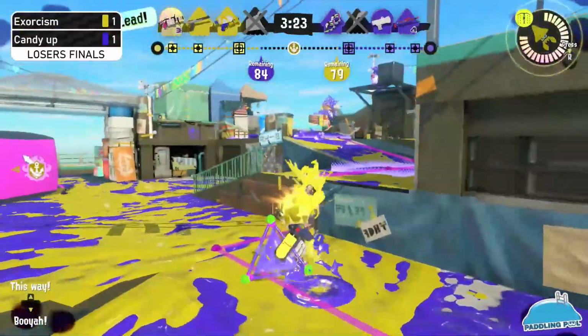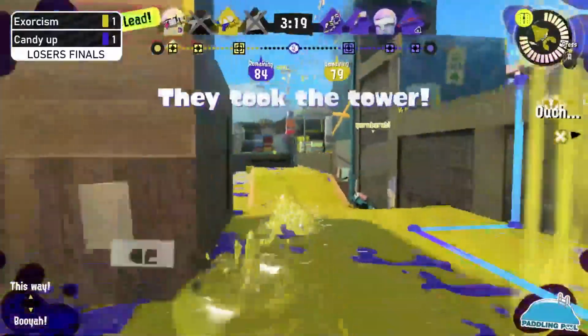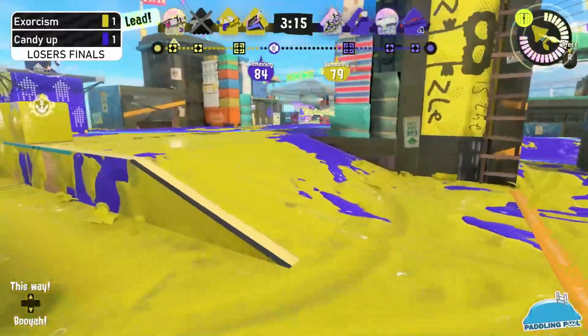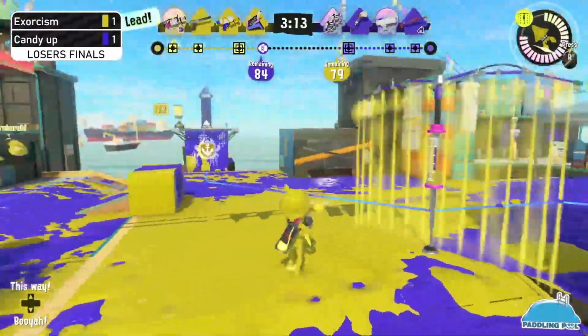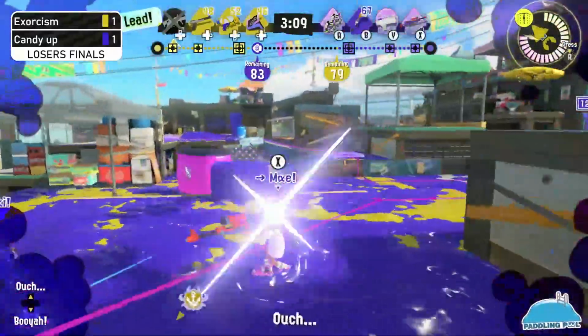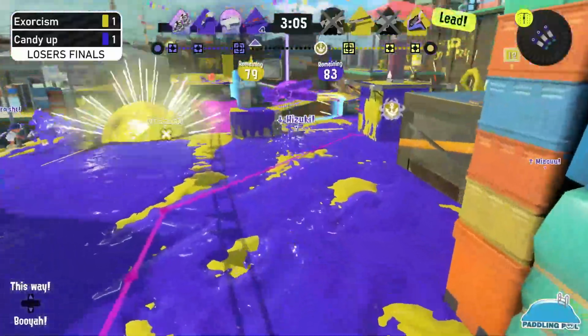The brush goes down. This gal is trying to hold on. This is going to get walled out by some bombs, and still 2 down, going down on the side of Exorcism. Candy Up are not letting up. They don't see this 96 though. Oh, no, they do. But, man, Exorcism really fumbled the ball on that push, and Candy Up just managed to